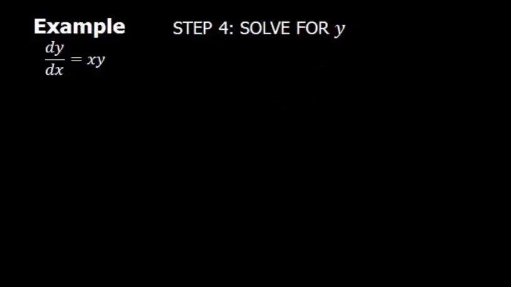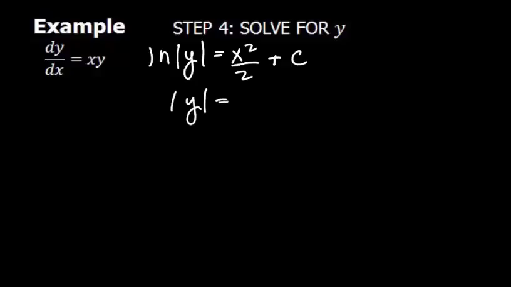So what we're going to do now is go ahead and solve for y. We just knew what our equation was. It was the ln of y equals x squared over 2 plus c. So then what we can go ahead and do is raise everything to e to get rid of our natural log, since e to the natural log of anything is that thing. So then you have the absolute value of y equals e to the x squared over 2 plus c power. Now, what we do from there is we realize that we have rules with exponents where